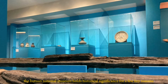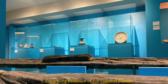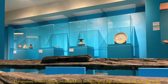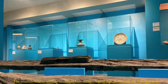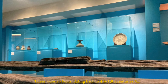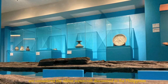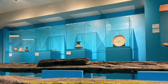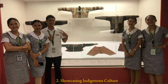The Butuan National Museum holds historical significance for a few key reasons. First, preserving evidence of pre-colonial Butuan. The museum houses artifacts unearthed from archaeological digs, particularly the Balangay boats. These wooden boats, dating back to the 4th to 13th centuries AD, are considered the oldest watercraft discovered in the Philippines. Their presence provides concrete evidence of a thriving maritime culture in Butuan long before Spanish colonization, and is showcasing